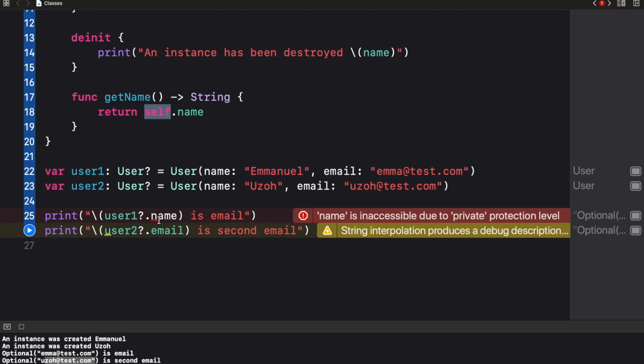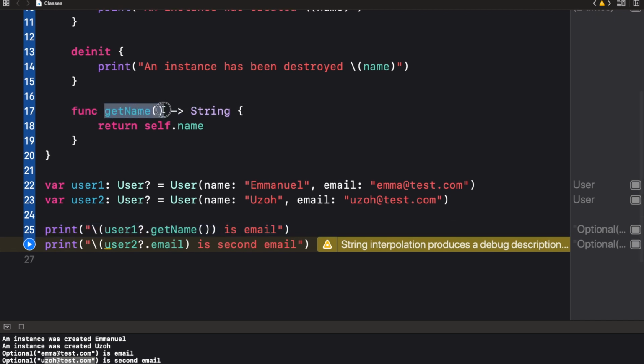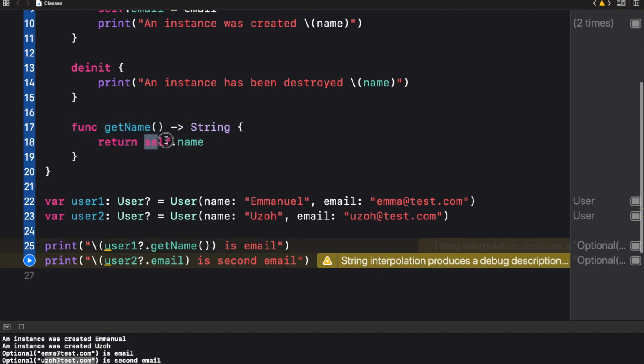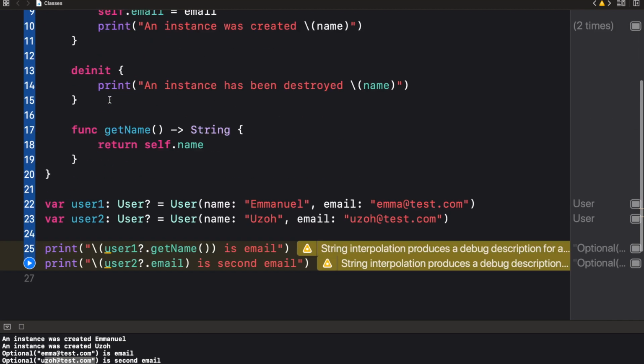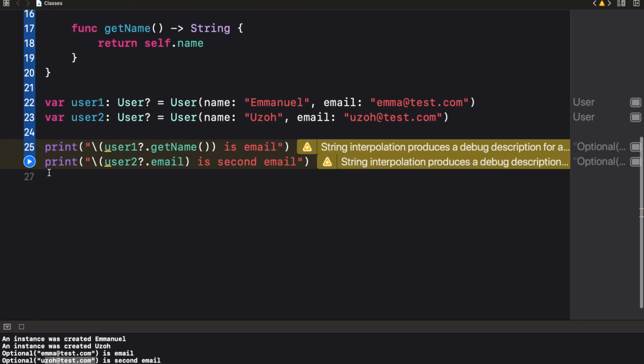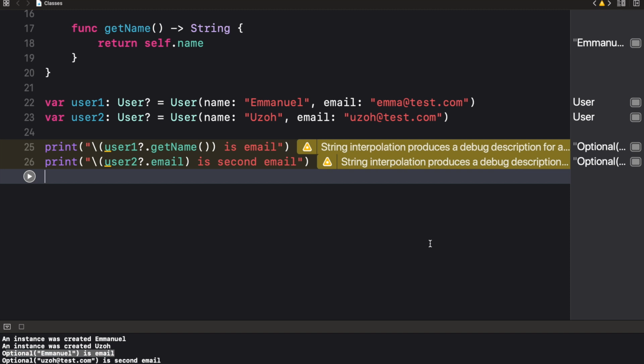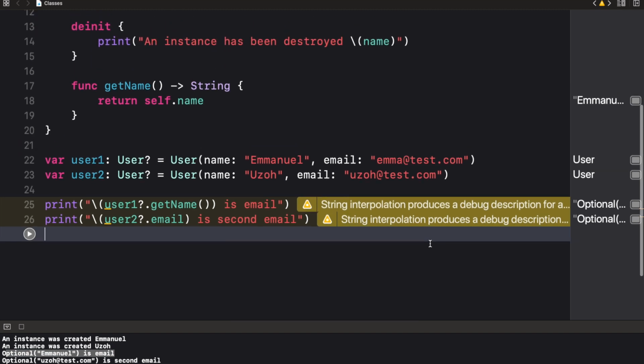Self is referencing the class. So now here we're going to say getName like that, because getName is a public function and this has access to the private property within the class. Like I said, this is only available within the class. So when we run this, we are going to get Emmanuel is email. Correct. Okay? We can actually do a lot more, but I'm just going to end this video by explaining the